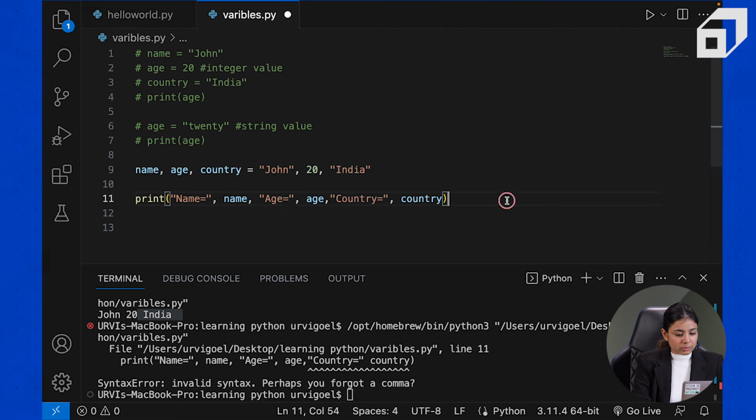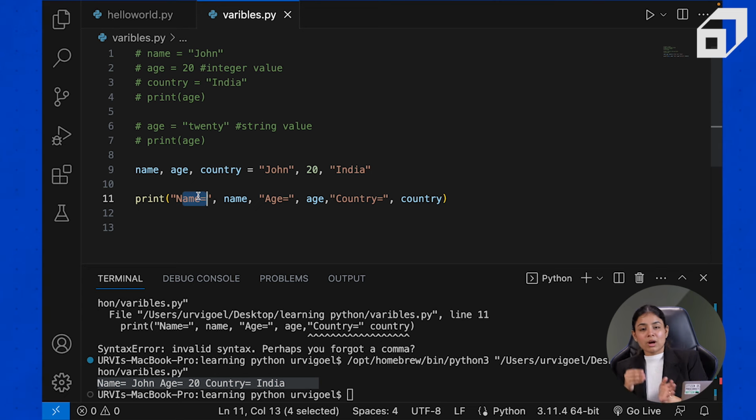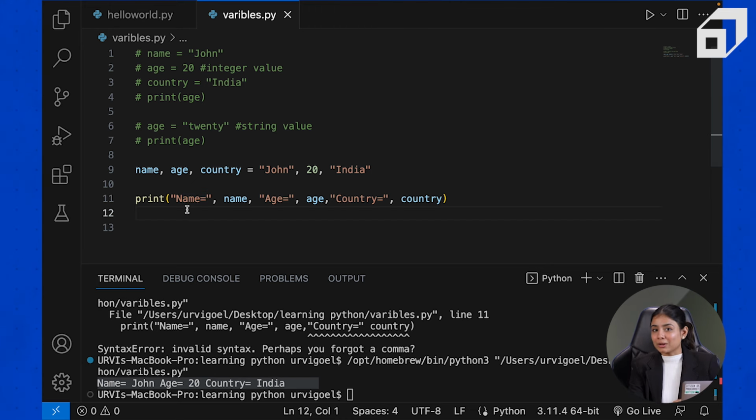Okay, so we forgot a comma here. Now you can clearly see what these variable names are. Name, comma, the variable name, then age, comma, variable name, and so on. So this is one way when we want to print variable names along with some string, we can use commas to separate them out. Instead of the commas, we can also use